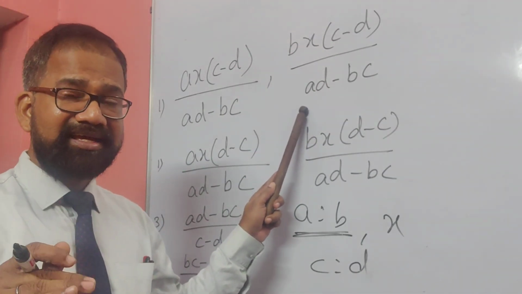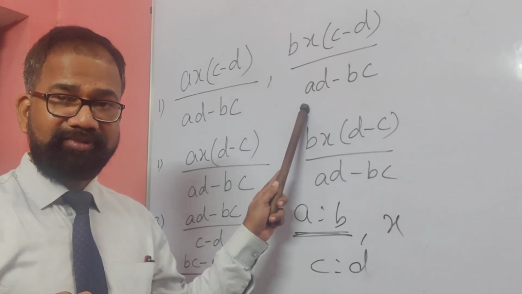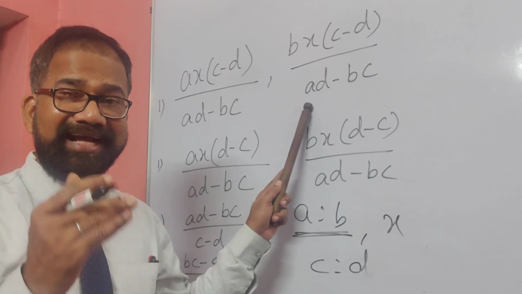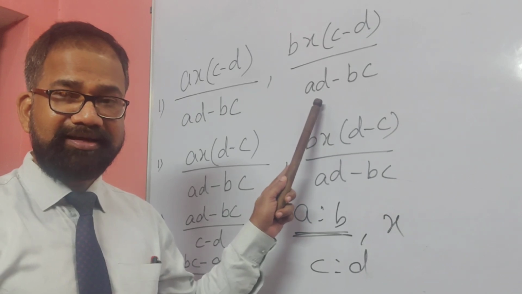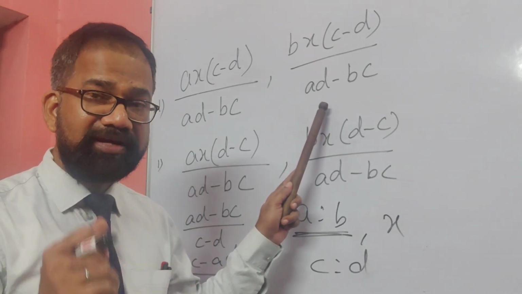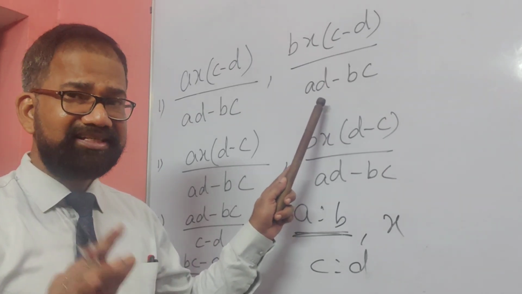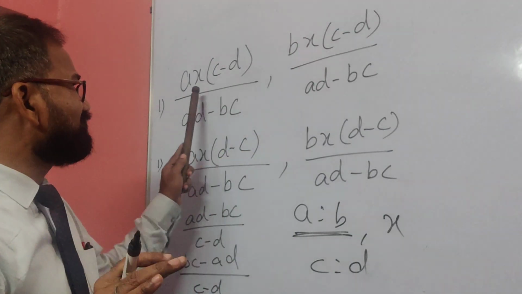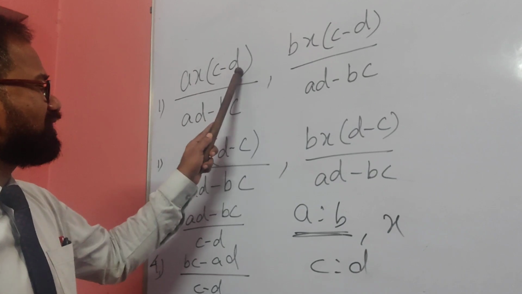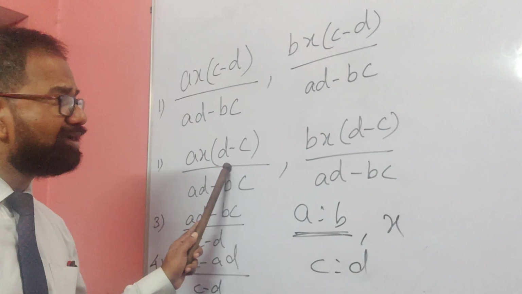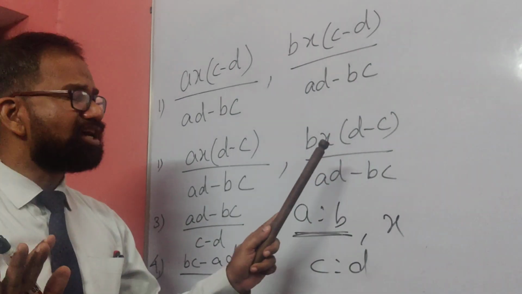And if I say the ratio between two numbers is A ratio B, and if X is subtracted from these numbers, the ratio becomes C ratio D, what are the numbers? If subtraction is there, children, there is a slight change in this concept. In place of C minus D, you just write D minus C. That's all, only this much.